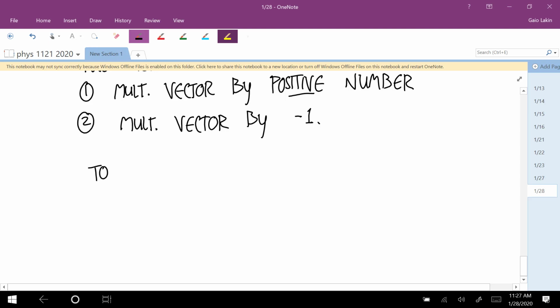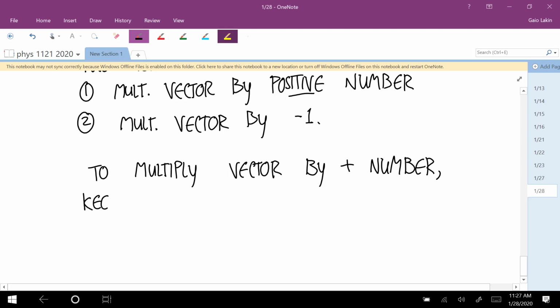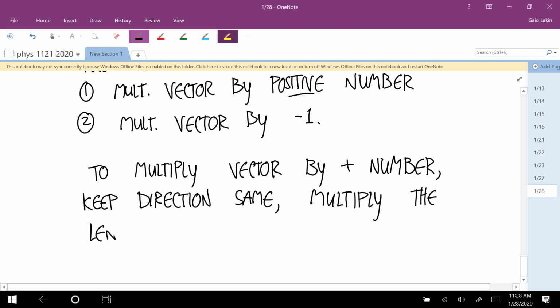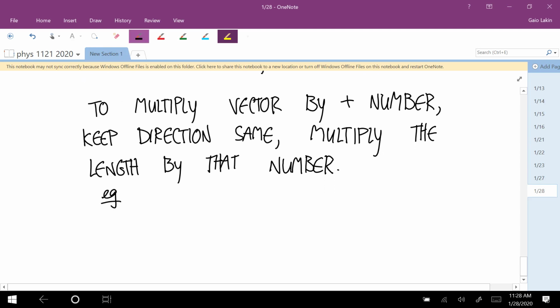Okay, so first, to multiply a vector by a positive number, keep the direction the same, and multiply the magnitude, or the length of the vector, by that number. So, for example, if we wanted to multiply 3 times this vector,